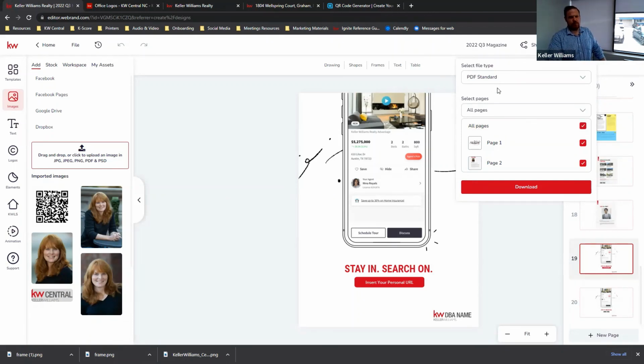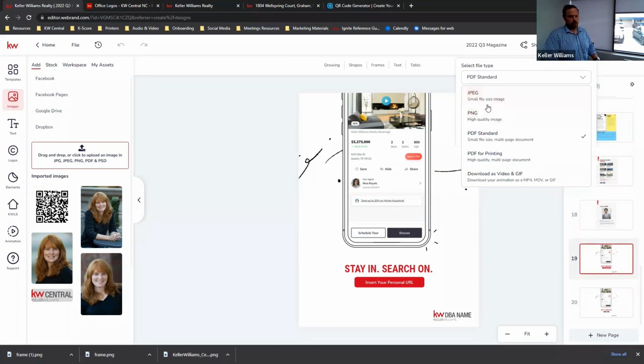That's like the standard for it, because depending on what kind of project you're doing, maybe you just really love how one of the pages came out. Like Amy was talking about the listing, the numbers, that you like to publish those and things. So for a different project, you may want to just grab that one page and use it for like a Facebook ad or something like that. In which case, instead of downloading a PDF, you could grab a JPEG or a PNG and just select that one page. You just stole a page out of your own magazine, but you also saved yourself another 20 minutes of work, and you're getting a different audience.